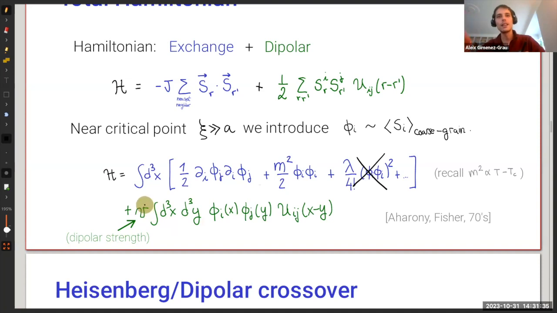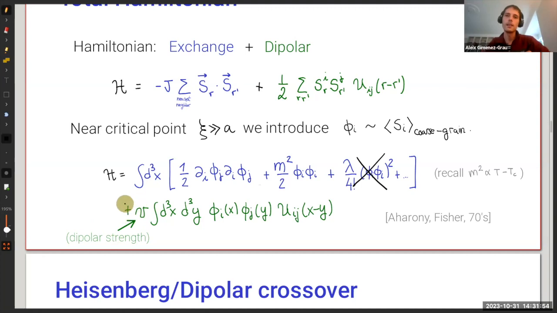So in real materials, this is always going to be there. It might be small, true, but it's always going to be there. And as you keep doing more and more precise experiments, eventually you are going to see it. So that's the message. For each material, I guess people measure this V value.